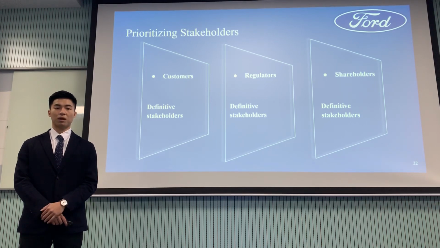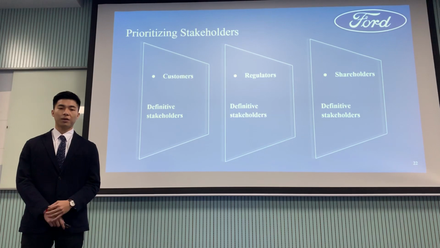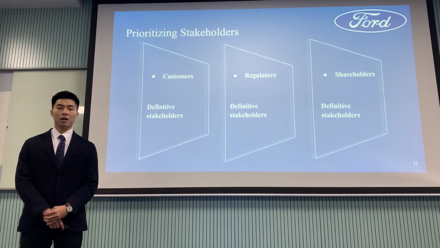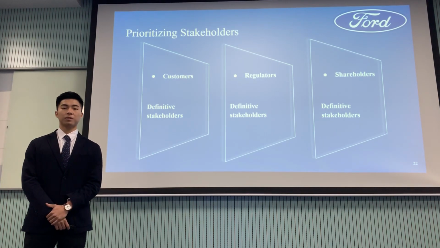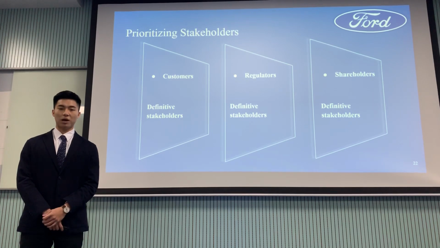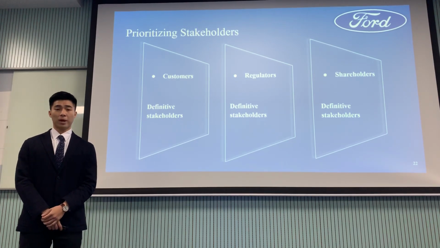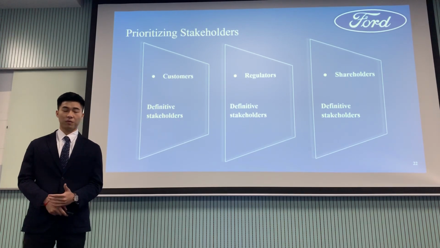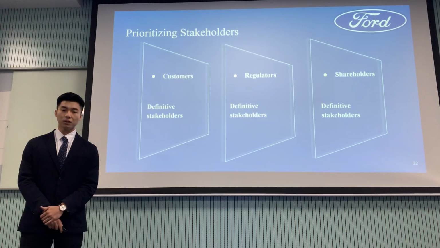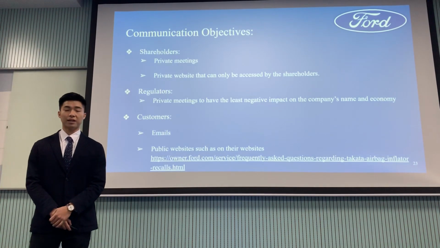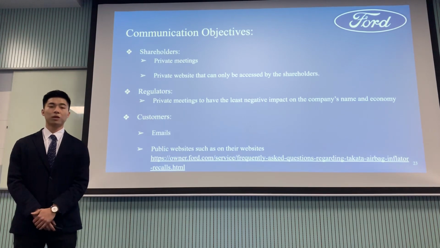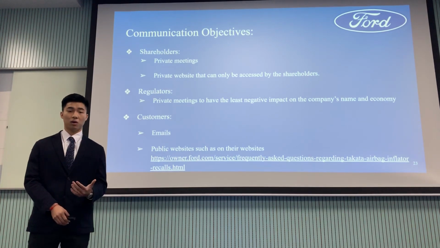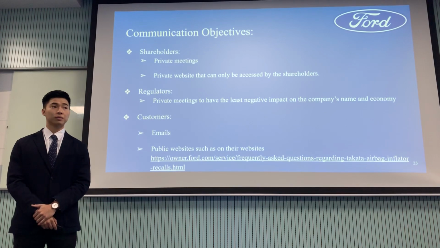It helped us identify our prioritized stakeholders, and we consider them to be definitive stakeholders because they have the urgency, the legitimacy, as well as power. Thus, when we know who our definitive stakeholders are, we must give them our immediate attention. Now, that is our fourth step in the model. The fourth step is creating an effective communication plan to reach out to all of these definitive stakeholders.